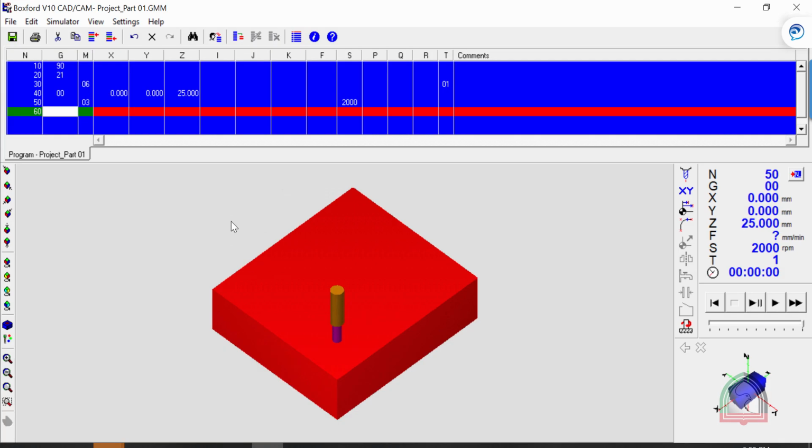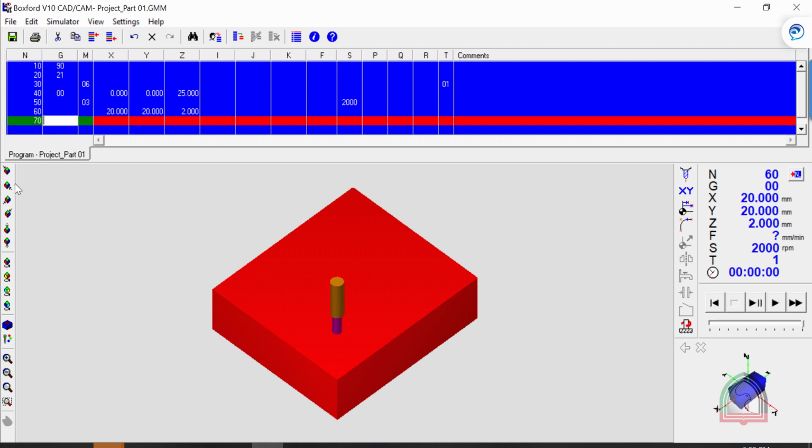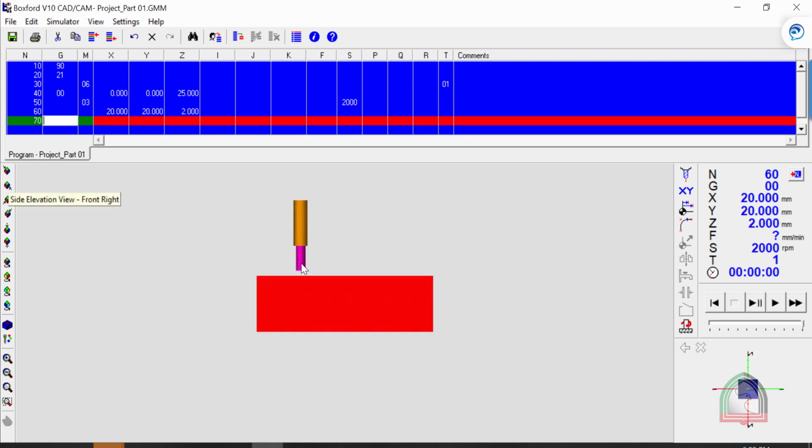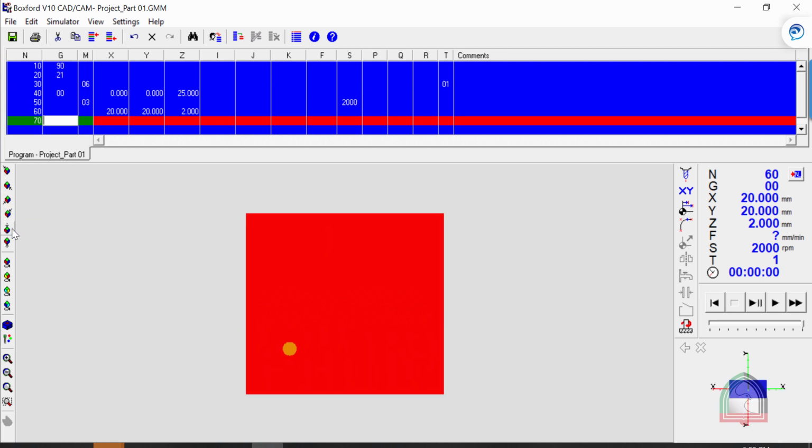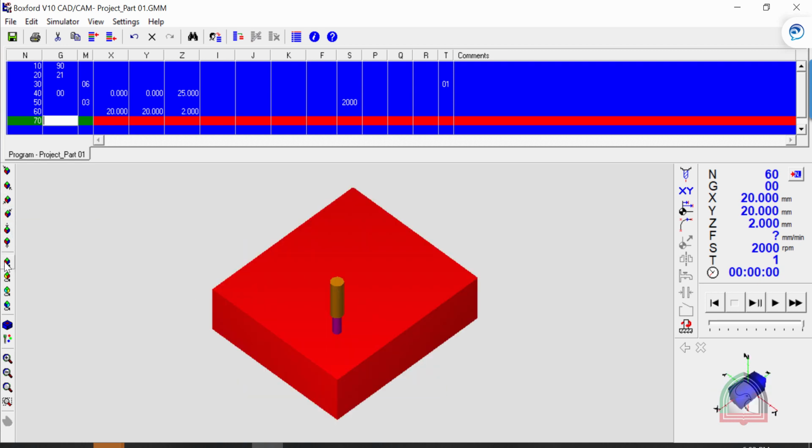So we'll give 20, 20, and we can keep the tool a little closer. So it is at 2 now. Press enter. Here we can check. So now the tool is at a height of 2 mm and at 20, 20.